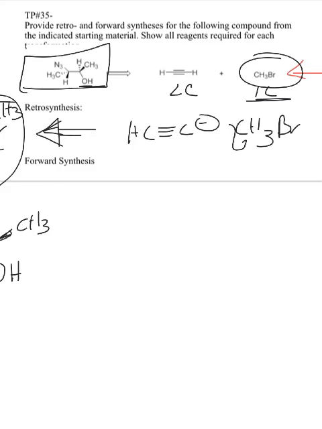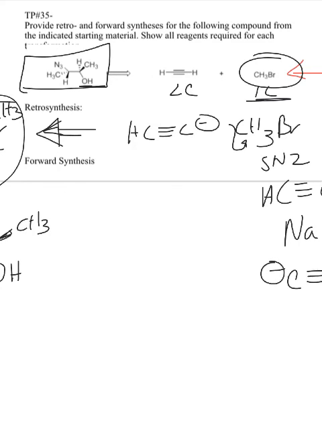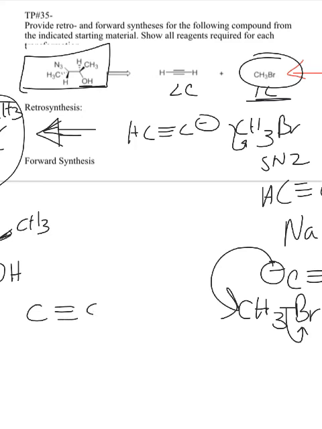an alkyne doing an SN2, and that would make the CH3, and then you can do that a second time. How did you make that? You'd have to react it with sodium metal, and so you react this again with sodium metal, and you form the alkyne, and it reacts a second time with the bromomethane, and so then you get the alkyne here,